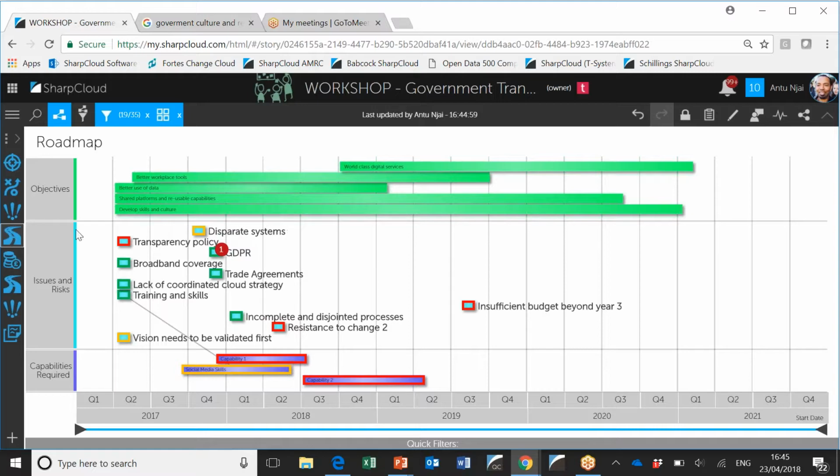Now, once the story is a little bit more formed, what we might do is start to share it with an audience, and you can see a number 1 against this particular item. I'm going to come back to that in just a moment, but that tells me straight away that someone else has commented on that item, that GDPR item, since I last looked at it. So these comment bubbles will appear on a person-by-person basis to tell you what you haven't looked at yet and what's been contributed since you last opened that item. But before we go through that, let's just go through a couple of the other views.